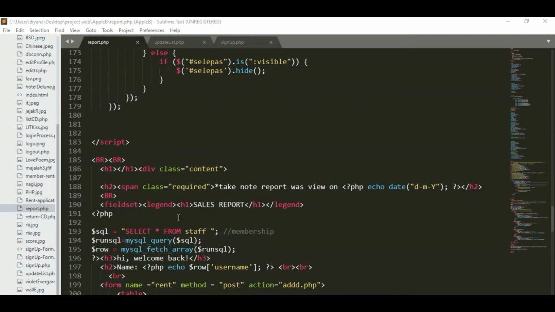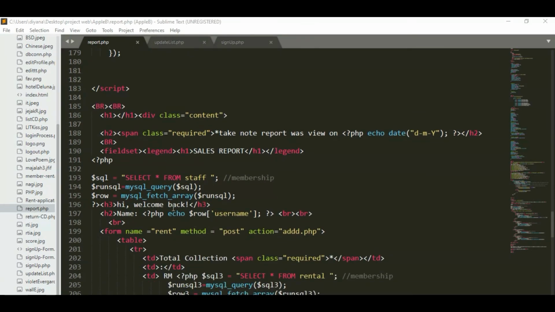And for the sales report, as usual, you have to select staff from staff. This is for selection from the table in the database. And query, fetch array,